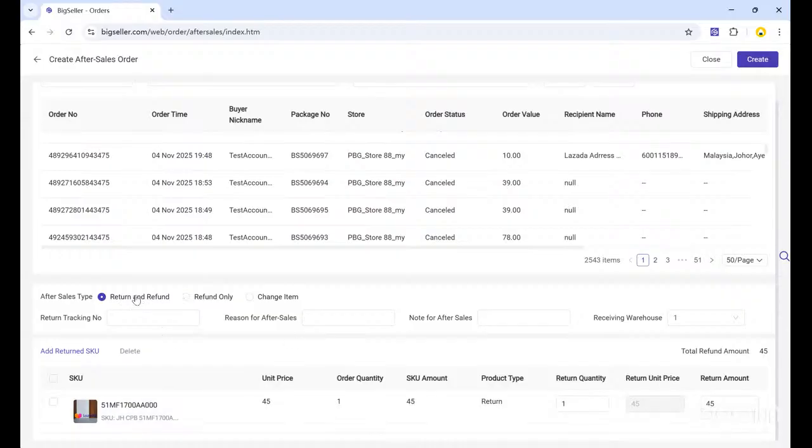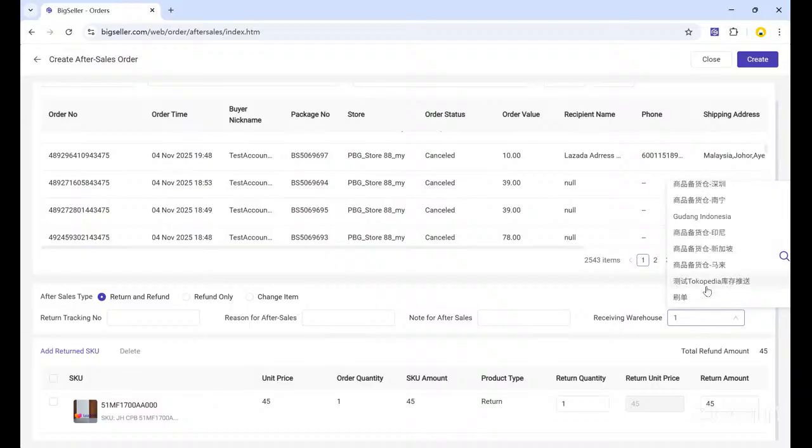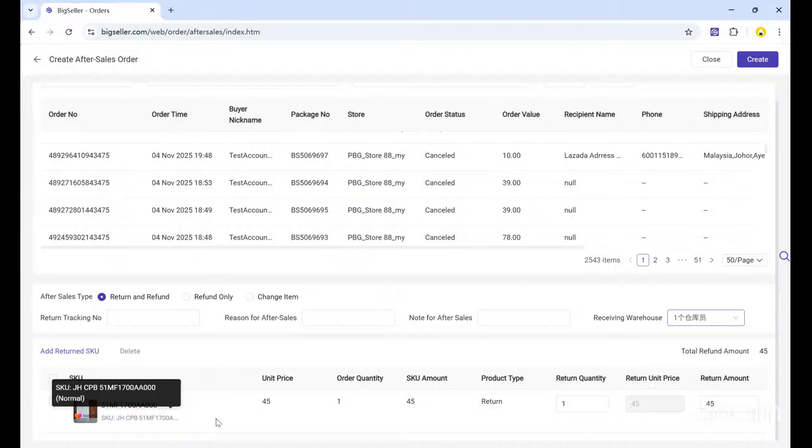So I will choose the return and then refund type. And you can input the tracking number, the reason, the notes, and the receiving warehouse, the warehouse you want to receive this item. Maybe I choose, for example, our text warehouse. Maybe I choose this warehouse. All right. And then after we choose the warehouse, as you can see, this is the merchant SKU contained in